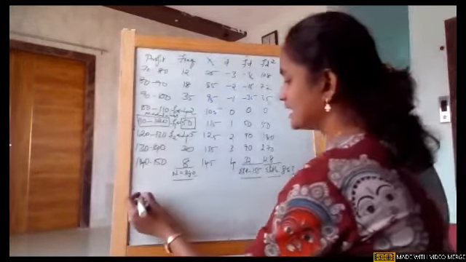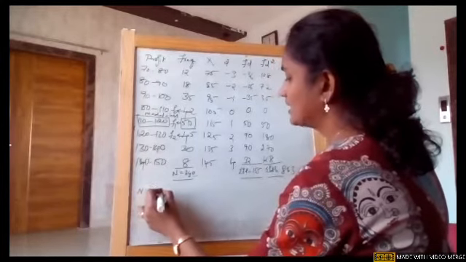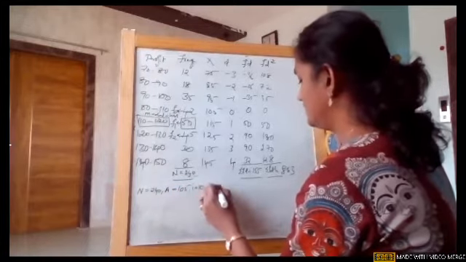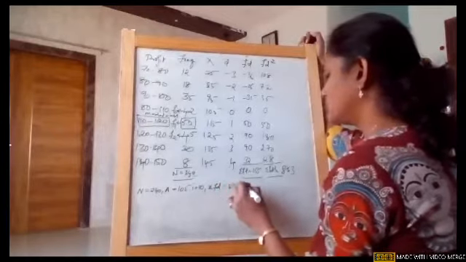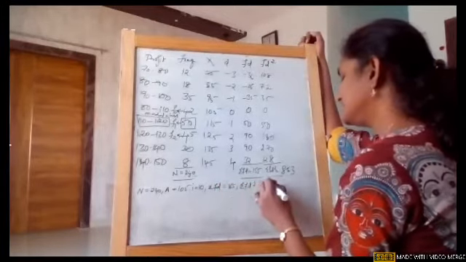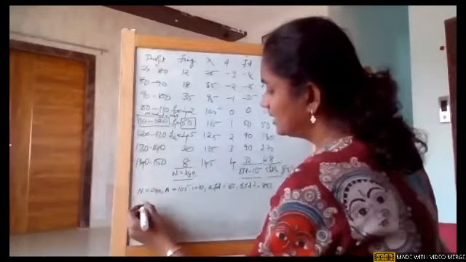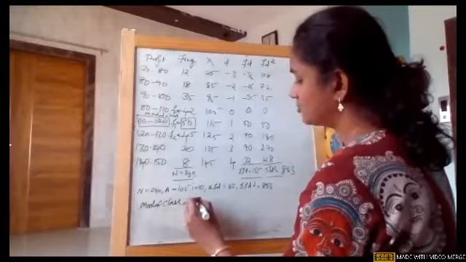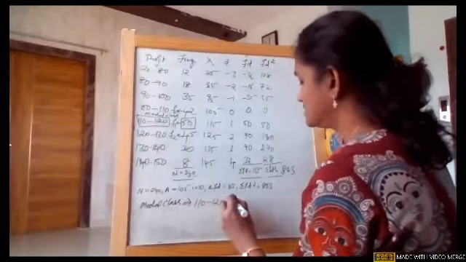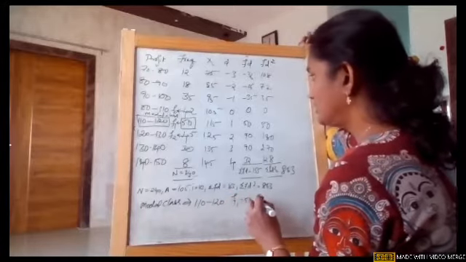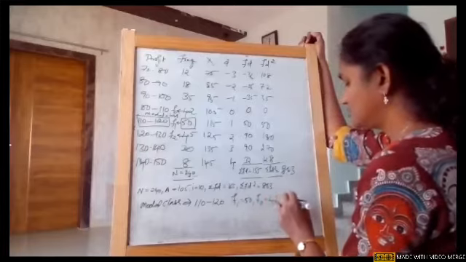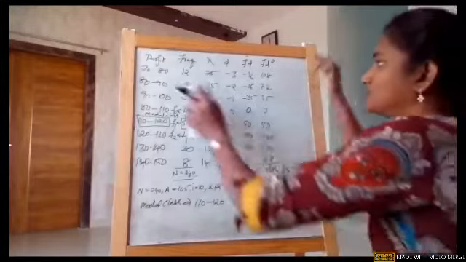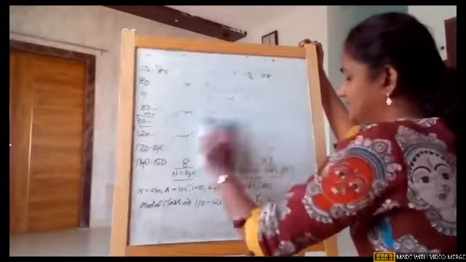So whatever I am getting, I'm just writing, girls. N is equal to 240, A is 105, I is 10. We got summation of FD as 155. Summation of FD square, we got as 863. And for mode also, we will write the modal class. This all we will use directly in the formula because I don't have space. Using this, F1 is equal to 50, F0 is equal to 42, and F2 is equal to 45. These are enough in order to substitute in the formula. I'm erasing the tabular part, the calculated part.